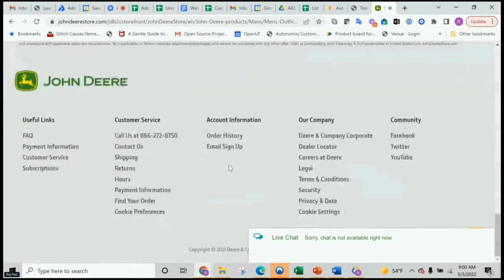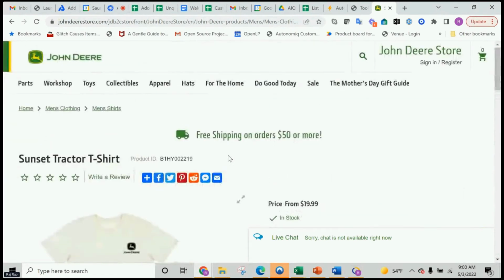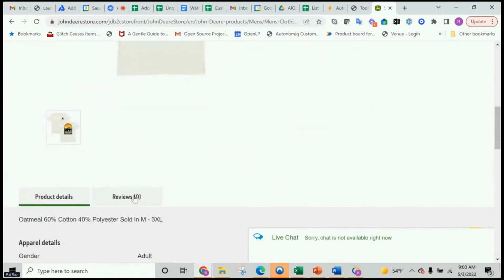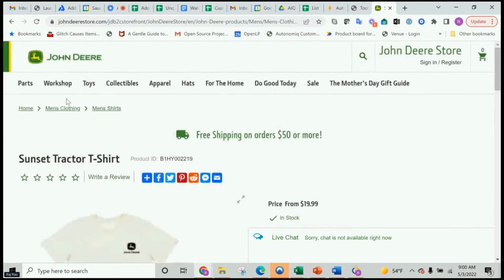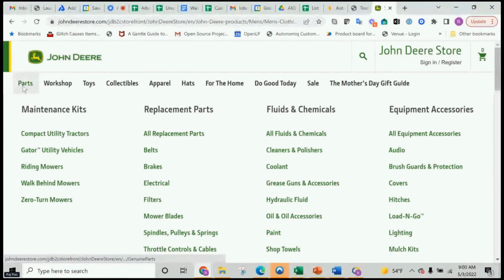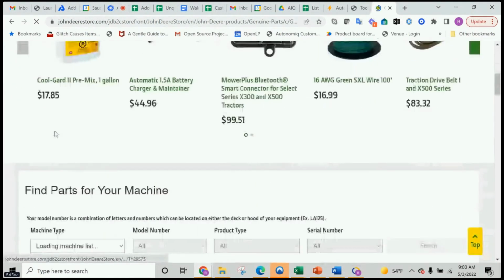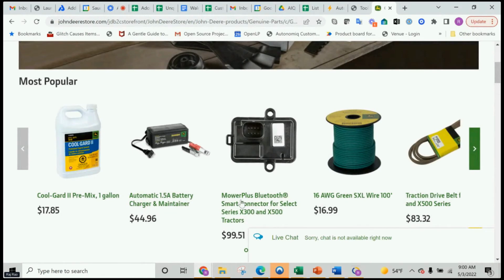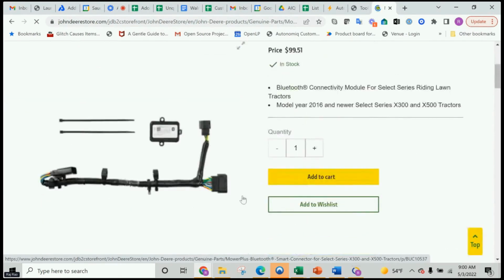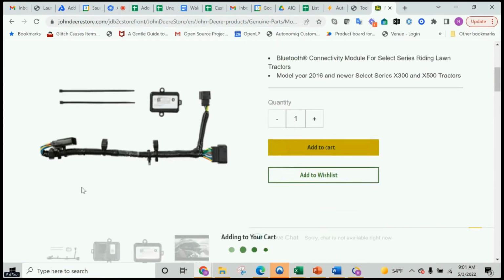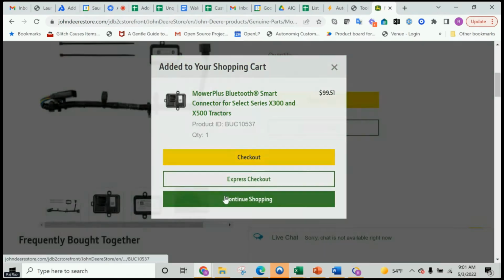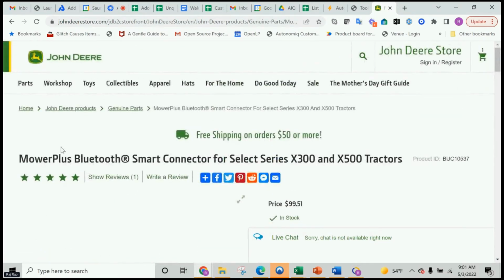Let us see. Let's go all the way to the bottom. So there is no way I can. They have not given me an option to buy and so on. So what I will do is I will go back to parts, and I want to buy this, let us say, mower plus Bluetooth, and I'm going to add it to cart and continue shopping. So I can now go buy, let's say, hats,